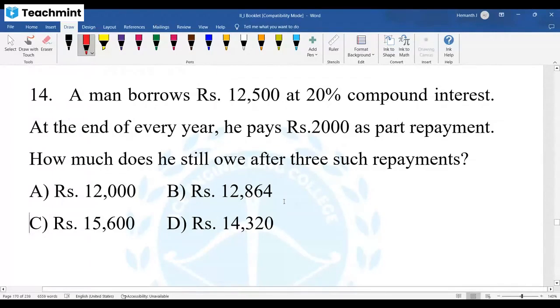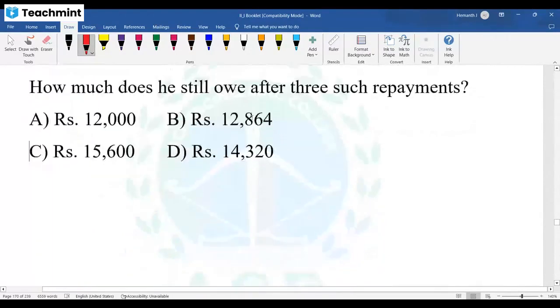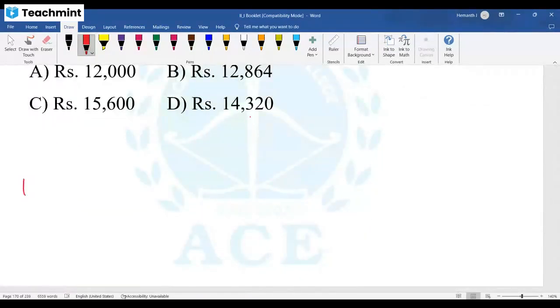Here, what is the amount borrowed, or principal? 12,500. If they do not mention it in the question, go with default, compound annually only. Compound quarterly or half yearly is not given in the question, means the default will go annually. Why annually, sir? Among all these, annually is easy. If they do not mention it in the question, we'll try to do easy work. So we'll do compound annually here.